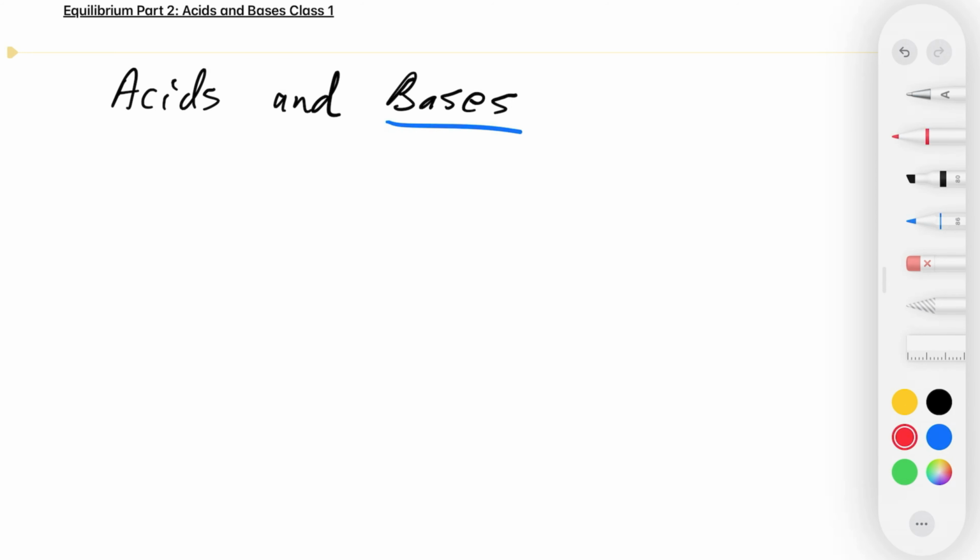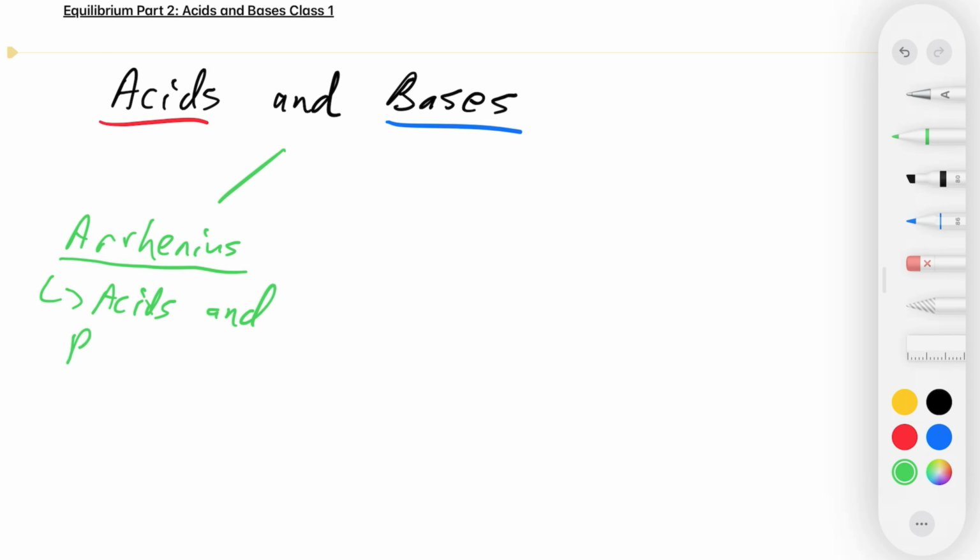When we're talking about acids and bases, there's two large governing theories that define these slightly differently, right? So you have the first school of thought, which would be known as Arrhenius's acid-base theory. And what this basically states is that acids and bases require H2O